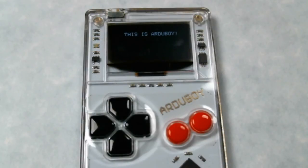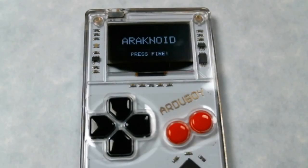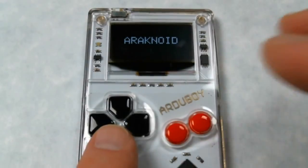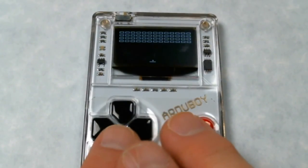Well, hello world's not quite in the right spot, but we did get the "This is Arduboy." And there's the Arachnoid. That's the other thing we're going to want to go back and change. So we're going to put the hello world in a slightly different spot and change that Arachnoid. But let's check to see if the other part we changed. Yep, we got the